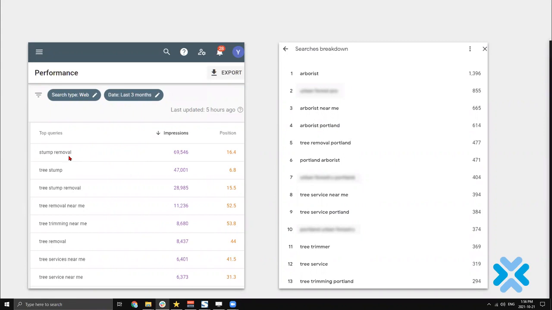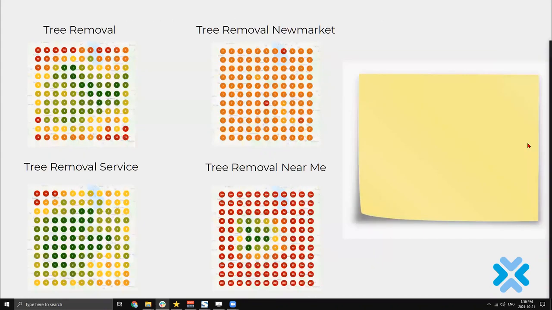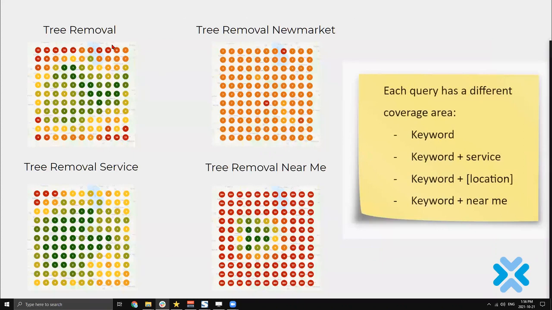So we have stump removal, tree stump removal near me. Over here we have arborist, and we have a location, Portland, right? So you have these variations. I just want to point out here that they all might have different